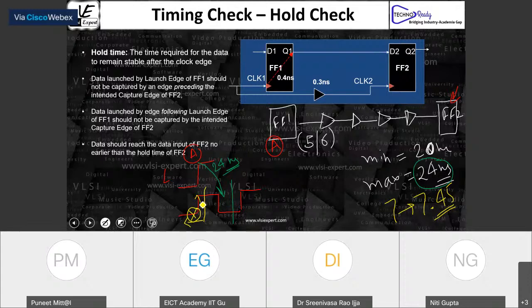So you cannot start at this time. You will do the analysis such that, at what time I should start, even in the best case, I should not reach there before 8.